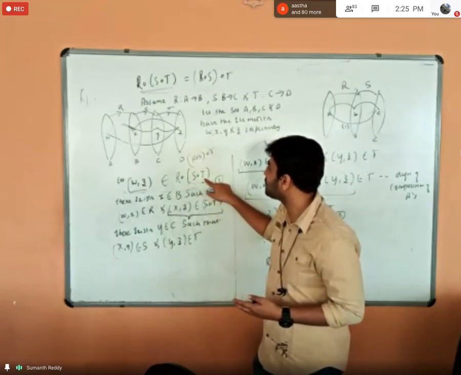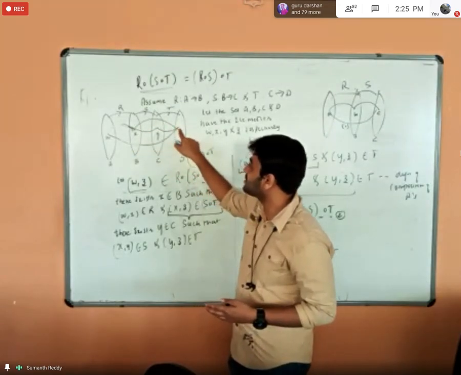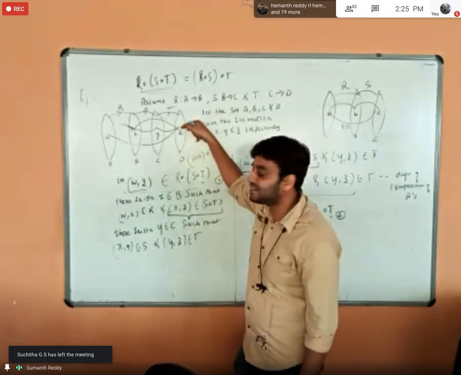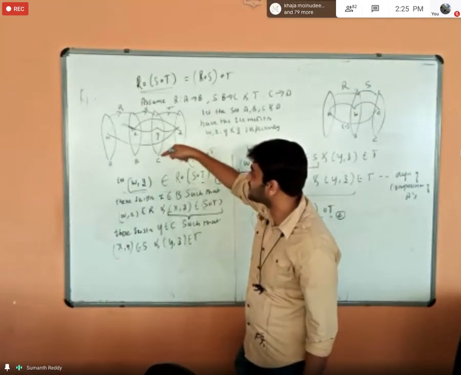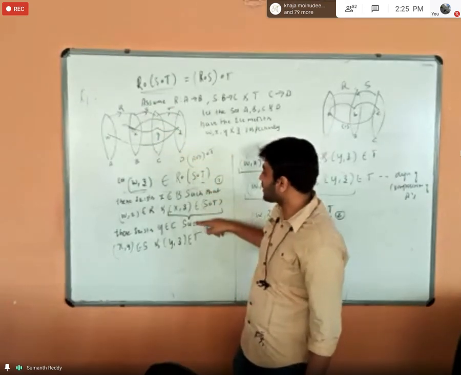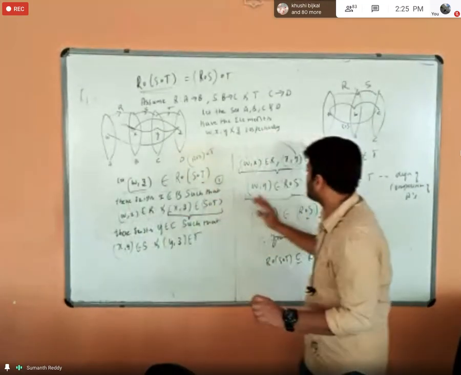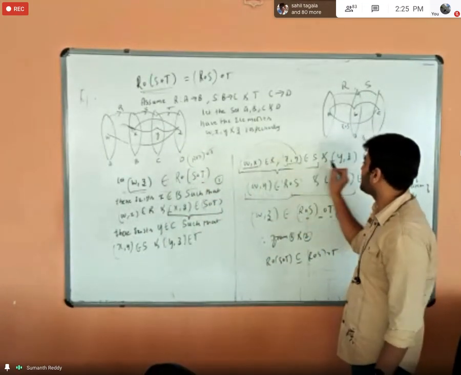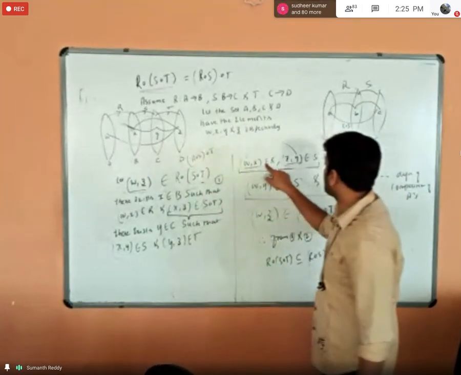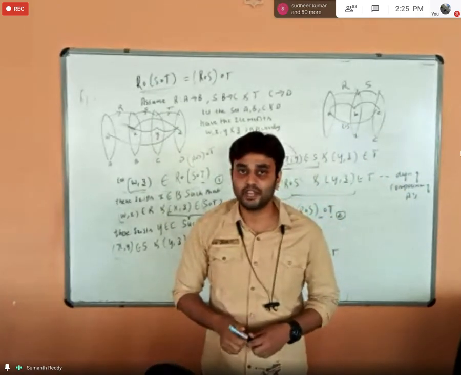If you see S composition of T, what is the ordered pair I'm having? I'm having X comma Z. If I have X comma Z, from the definition of composition of relation, I can tell that there exists one more element Y, which belongs to the set C, such that X comma Y belong to S and Y comma Z belong to T. That is what I have done. Right? So like this, I have split all the relations and written each individual ordered pair. Okay. After this, I need to regroup W comma X and X comma Y. Again, I have used the same definition of composition of relation and I have regrouped that.